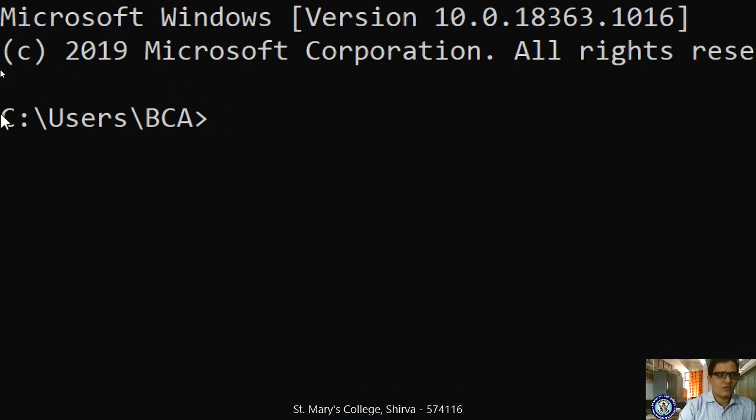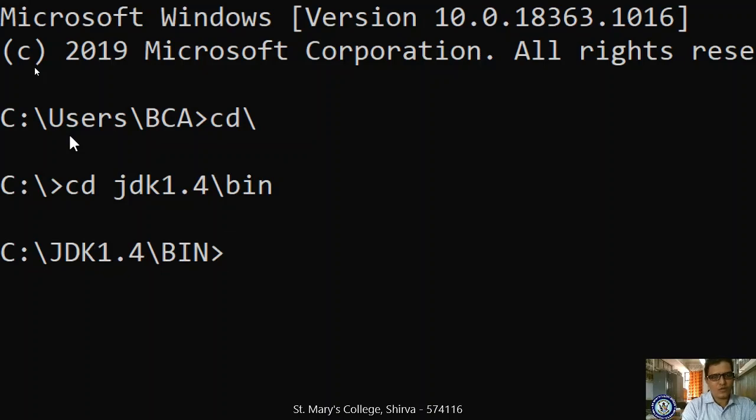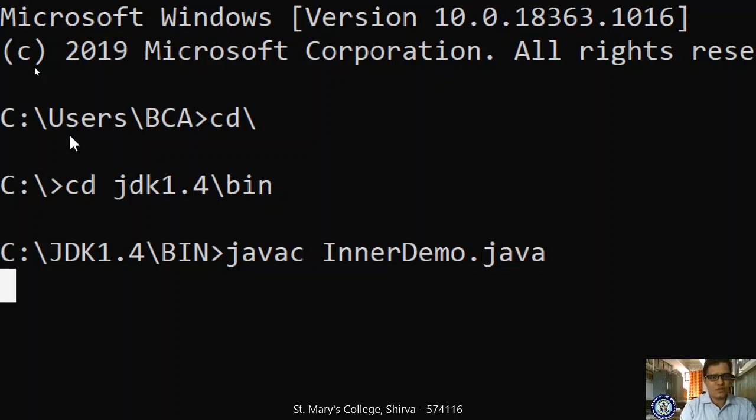Yes, first you are seeing here our editor, in the prompt it is showing the default directory. To exit from the default directory, what do we have to do? cd slash. Now we have to go into our directory. What is our directory? cd jdk1.4 slash bin. Now we have to compile our file, javac InnerDemo.java, right?